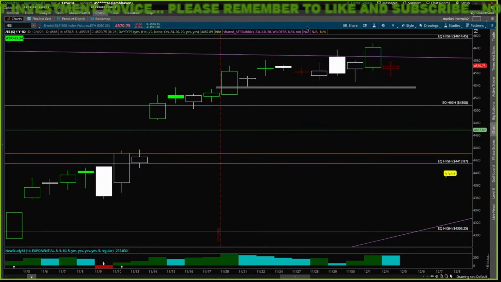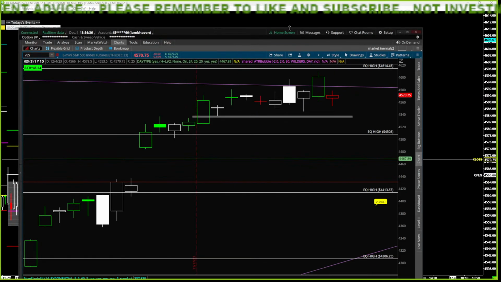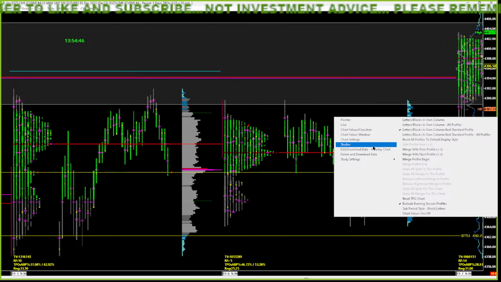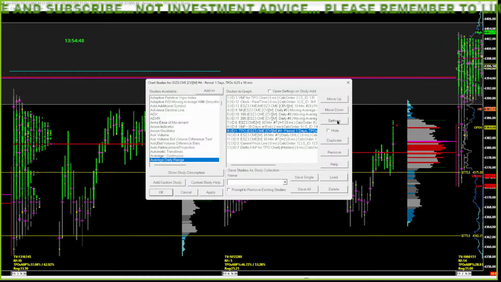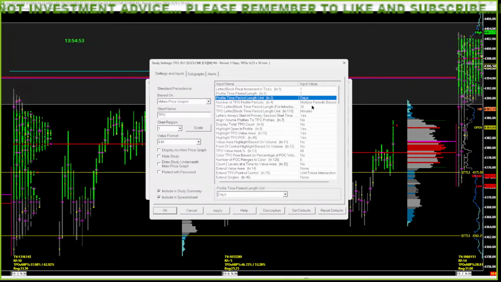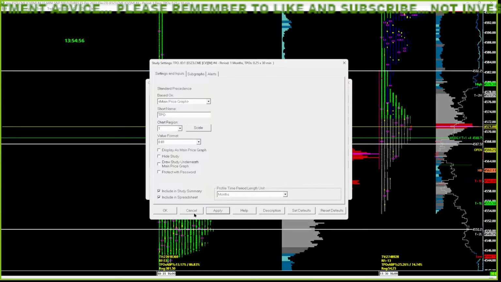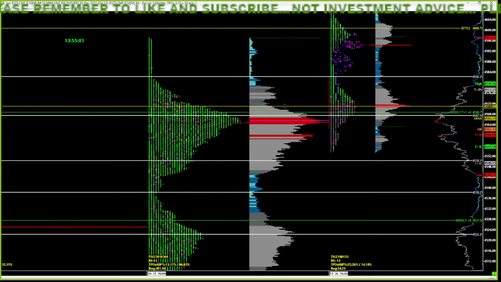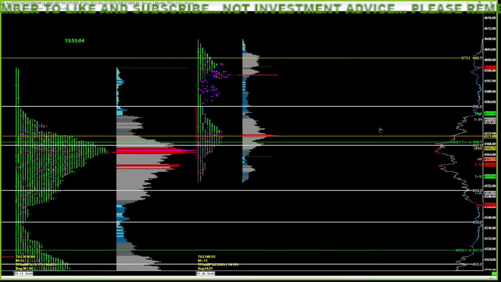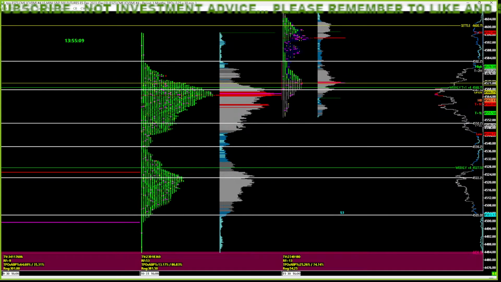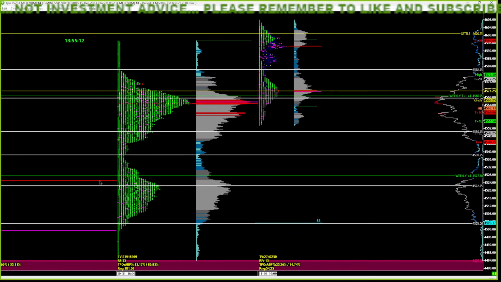And if you really wanted to nitpick, which people love to do, take your TPO, put it back on 30 minutes because we're going to look at this thing by month. And so if you're looking to trade on the monthly, right, you didn't get a +4 or -4 on the previous month, but